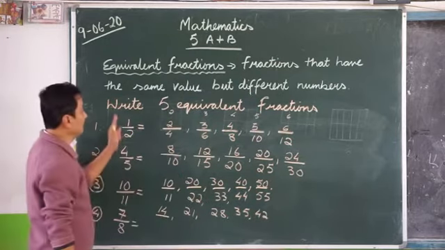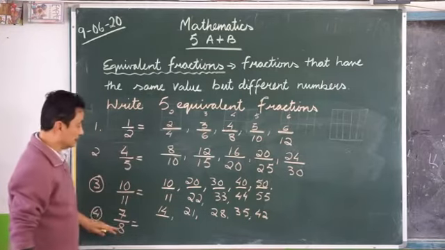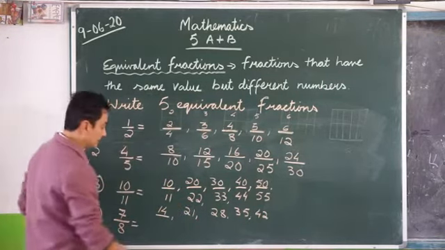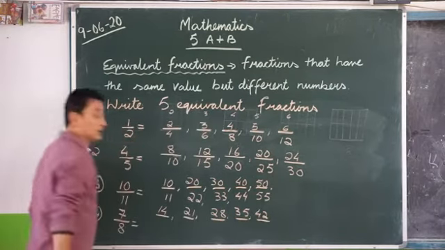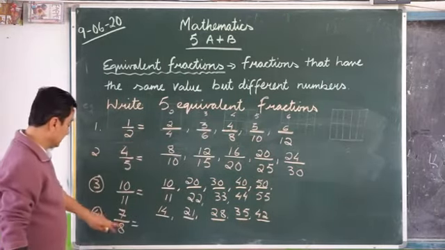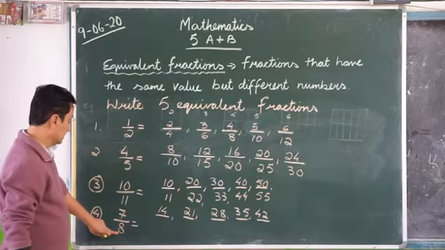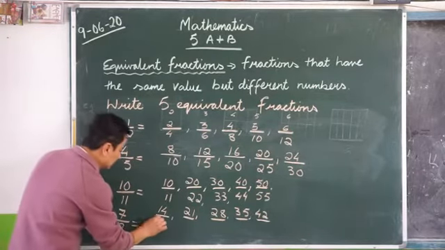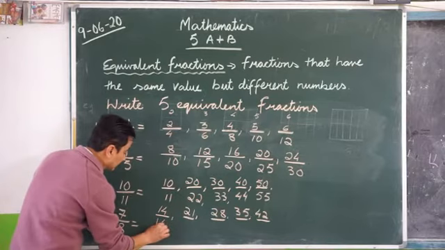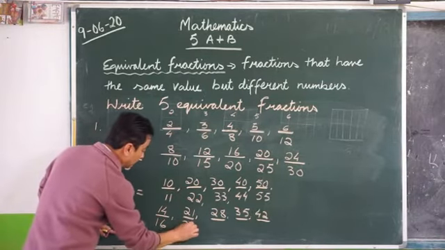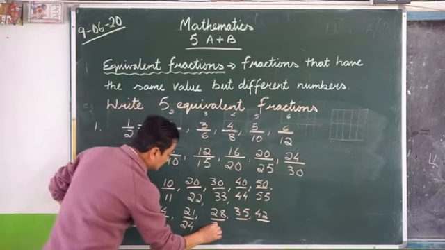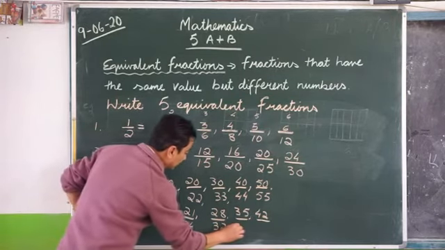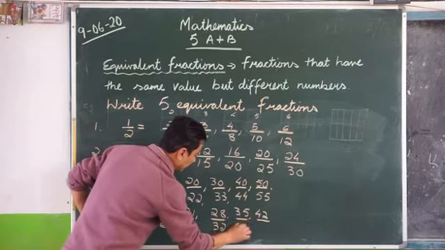Because we have to write 5 equivalent fractions, so we have to write the next 5 equivalent fractions. Now let's multiply the denominator. 8 ones are 8, 8 twos are 16, 8 threes are 24, 8 fours are 32, 8 fives are 40,